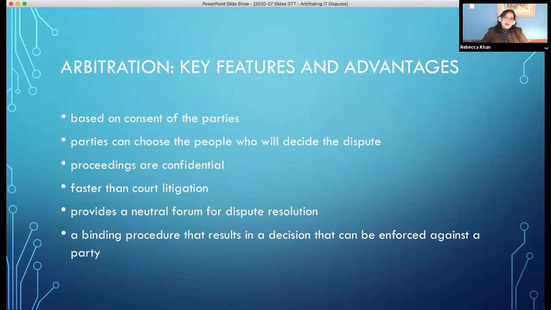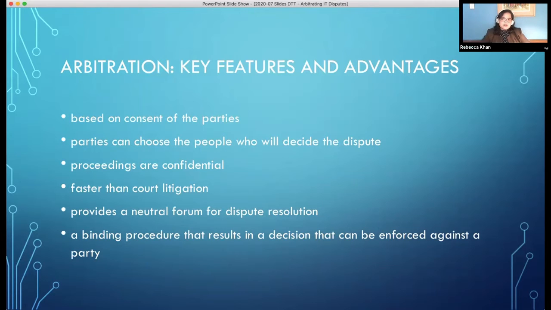Of course, courts are impartial and they should decide the dispute fairly, but it's that mere perception that bringing a government contract to a government institution for decision might give undue advantage to the government party in a government contract. So to avoid this